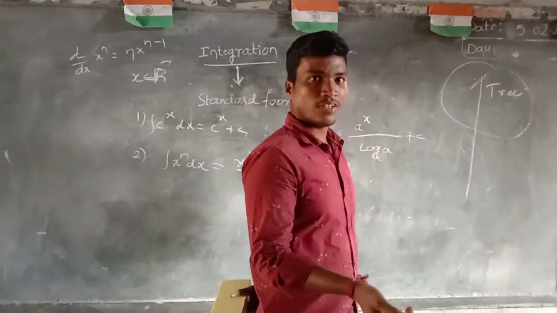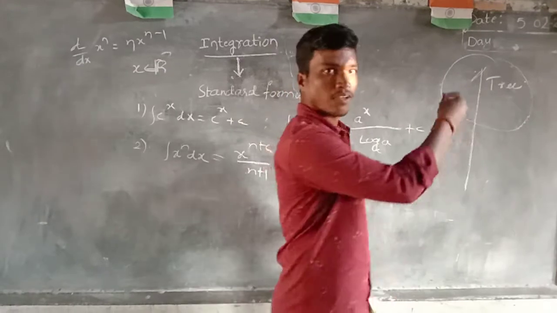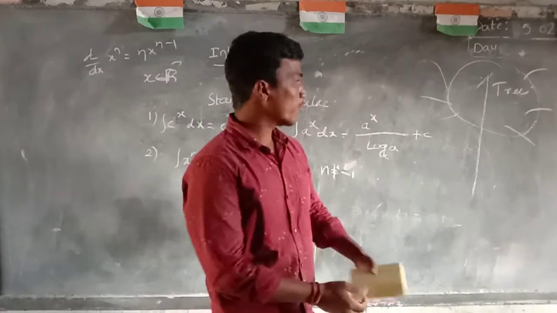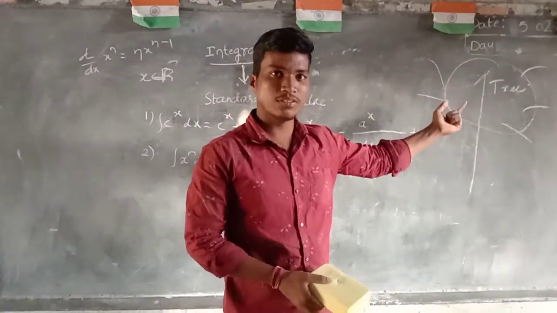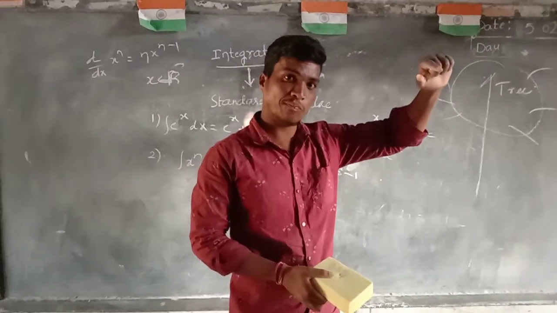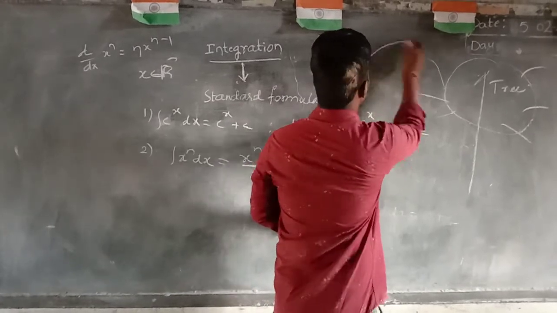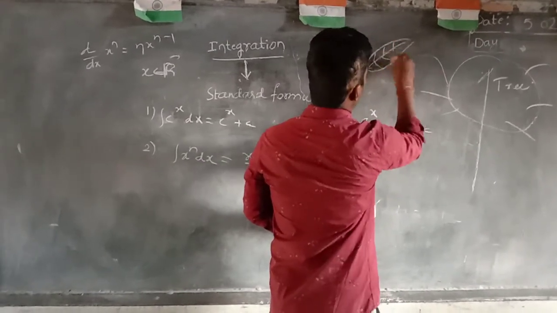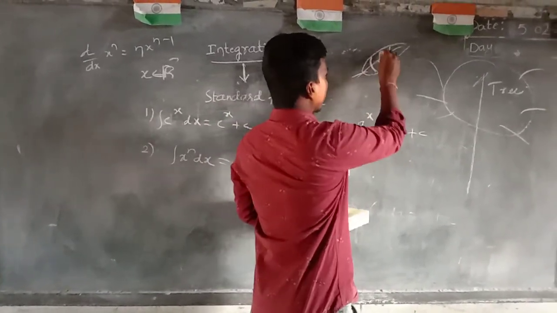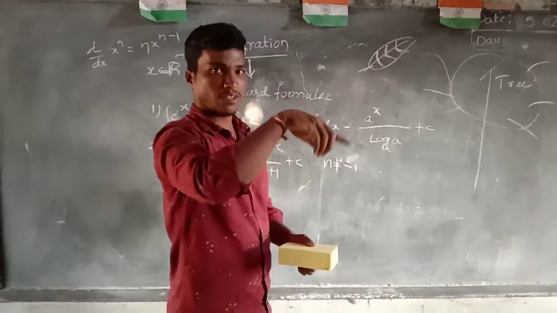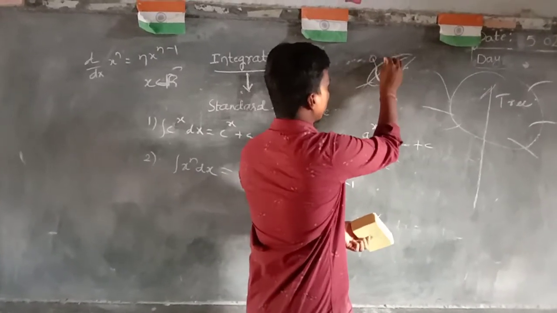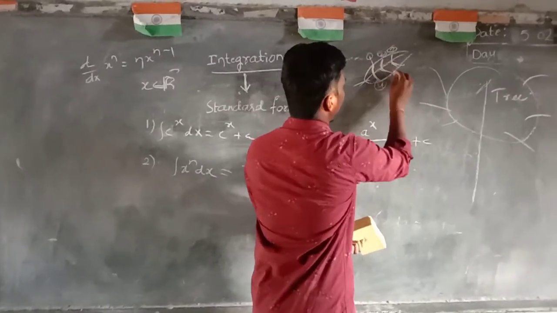So already we know that a tree has some roots, right? This is the roots. Some roots have some leaves. For example, this is a leaf, right? So in this leaf, there are some lines. Assume some lines. So here this is 1, this is 2, and this is 3, and 4, and 5, and 6.